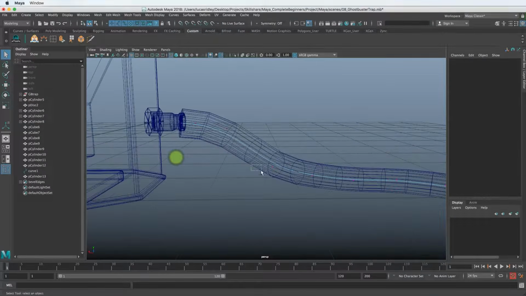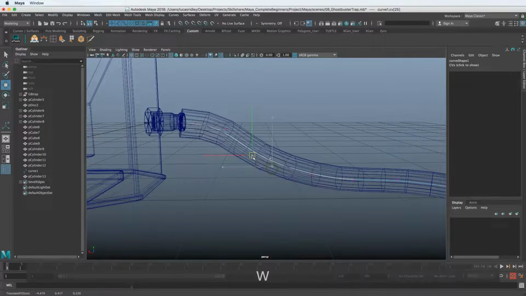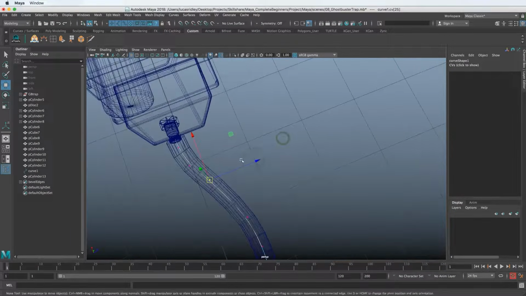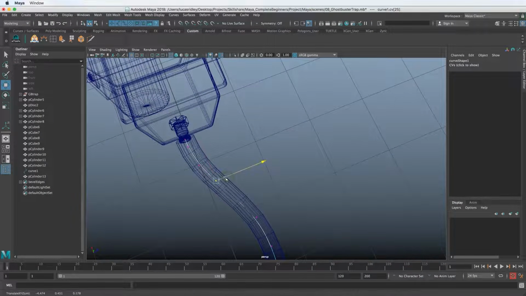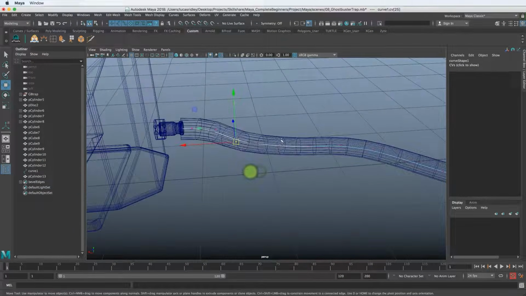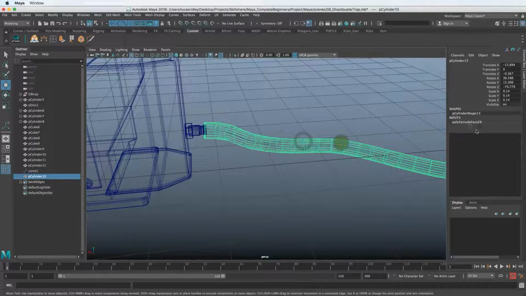So just keep that in mind. If we drag this over, it'll kind of group them, and you can still edit this stuff after the fact. Until you delete the history, you can edit this stuff. So the other thing we need to do, we can go into the polycylinder and change